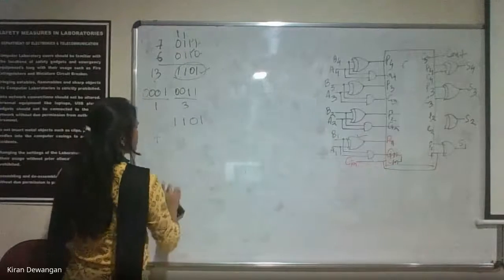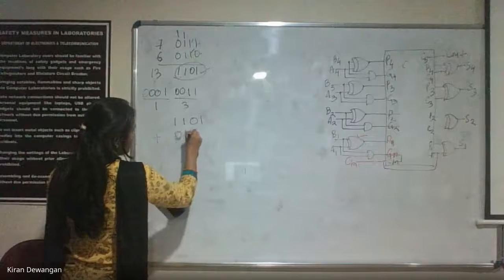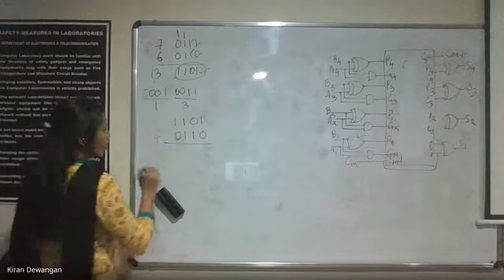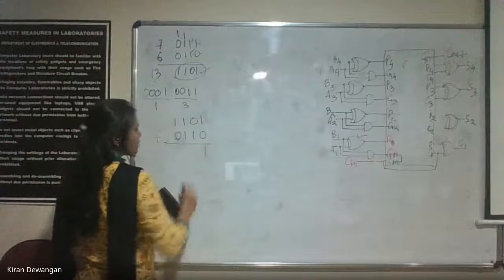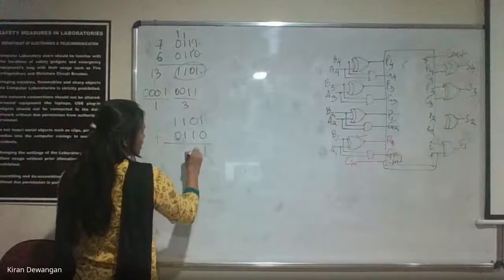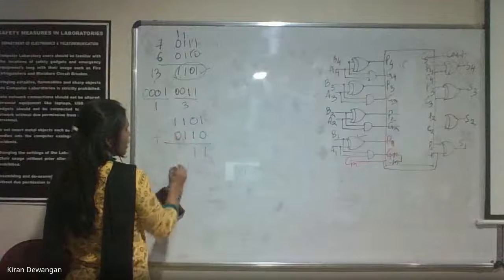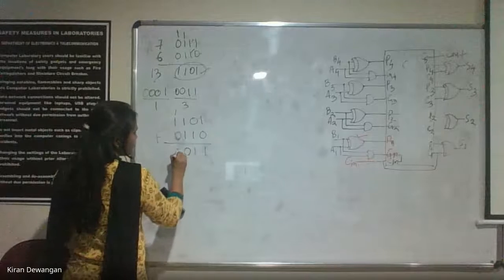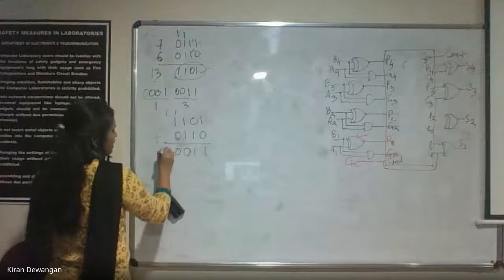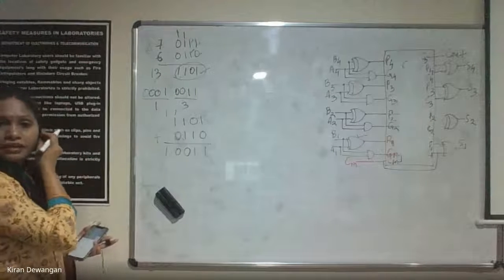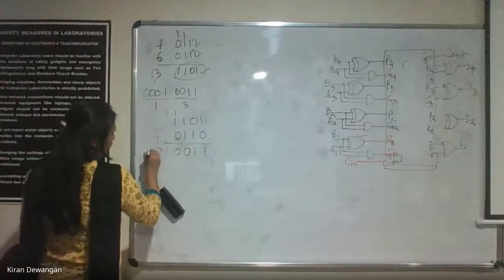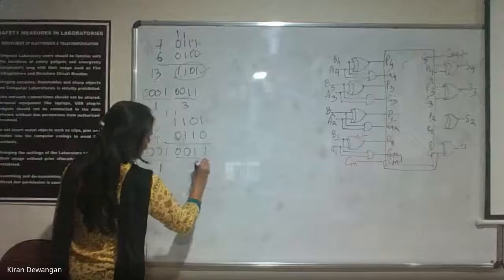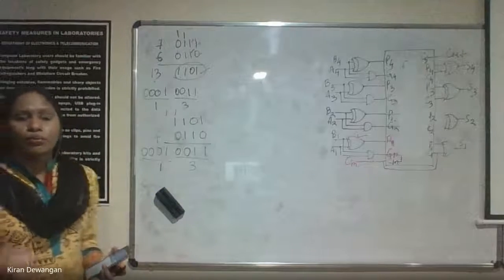This is 0110. If we are adding 0110, what happens? 1 plus 0 is 1. 0 plus 1 is 1 again. 1 plus 1 is 0, 1 is carried. In this one, it is again 0, 1 is carried, which is taken as the 5th bit, which is 1. Now if I take 3 zeros here, this will be 1 and this will be 3. So what is the solution?